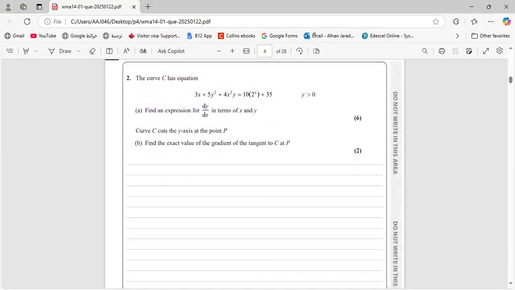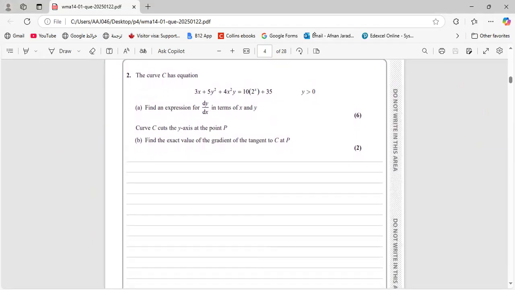Question number 2: the curve C has equation 3x plus 5y squared plus 4x squared y equals 10 multiplied by 2 to the power of x plus 35. Find an expression for dy over dx. This is implicit differentiation, a mixture between x and y. So to differentiate: